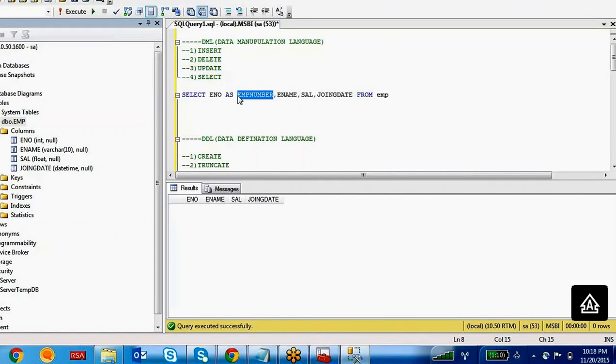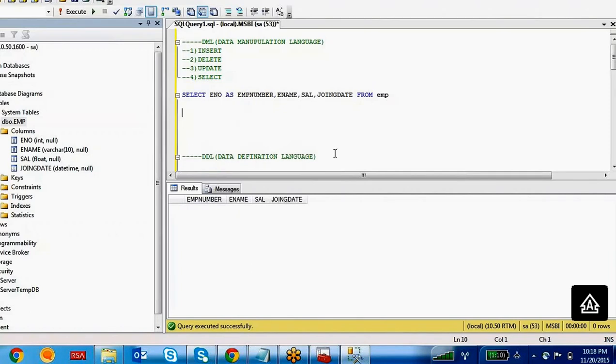For this column you are going to give the alias name as this one. If you execute this one, it shows EMP number. But the data is coming from the employee number column only, and it is displaying the column name as EMP number. This is called an alias name.